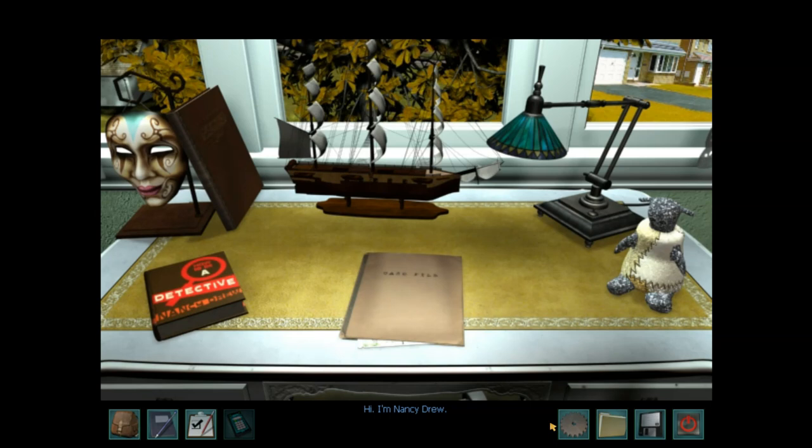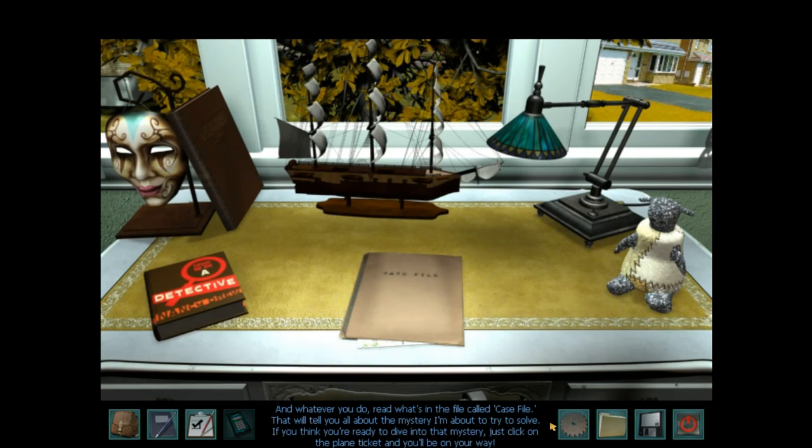Hi, I'm Nancy Drew. This is my Center of Operations, my desk. Go ahead and poke around. If you want to know the particulars of how I do what I do, take a look at the book titled How to Be a Detective. It's real helpful, especially if you're new to the mystery-solving business. And be sure to check out my scrapbook. I put memorabilia from all my past cases in there. A lot of them were pretty dangerous and at times really scary. But don't say anything about that to my dad, okay? He worries about me enough as it is.